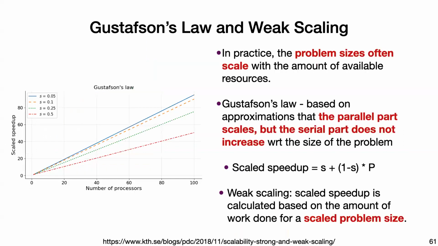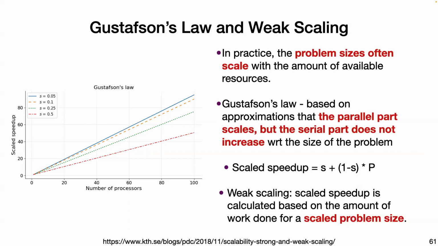The second kind of scaling is called weak scaling. The main thing to note is that for strong scaling, you fix the problem size, but for weak scaling, we notice that usually the problem sizes are not fixed, but often they scale with the amount of resources that you have. You're trying to solve bigger problems if you have more cores or more threads, like you might not want to solve tiny problems. So Gustafson's law is a similar analogy to Amdahl's law in that it is based